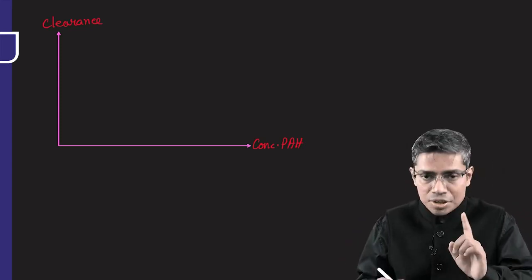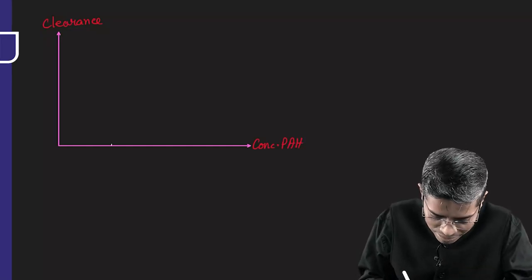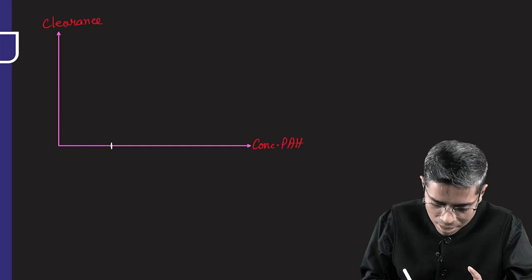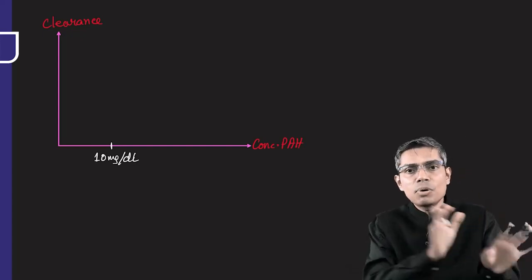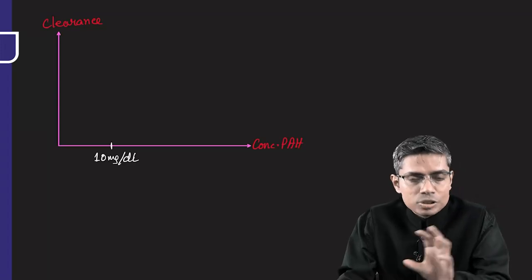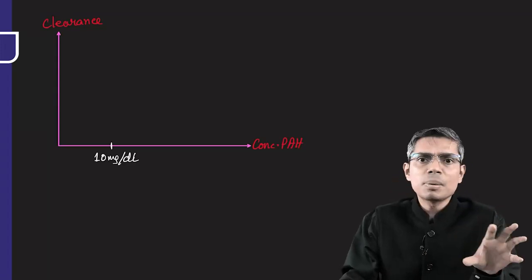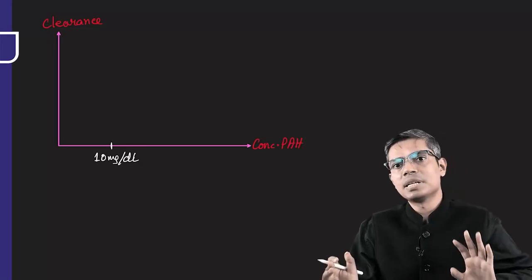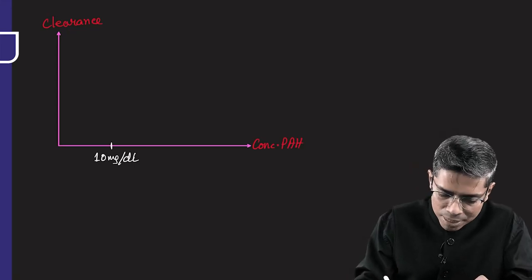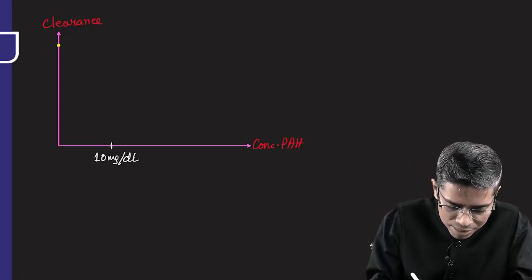Whenever the concentration of PAH in the plasma is low, up to 10 milligram per dl, so you have injected a little amount of PAH according to the protocol, your plasma concentration of PAH is lesser than 10 milligram per dl. In these cases, if you measure the clearance of PAH, that will be equal to